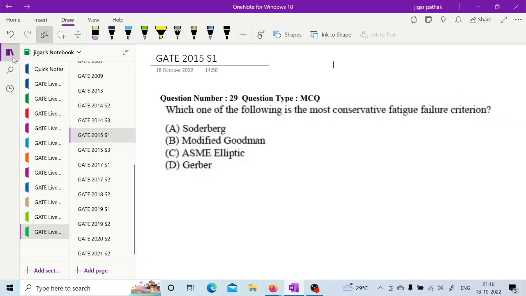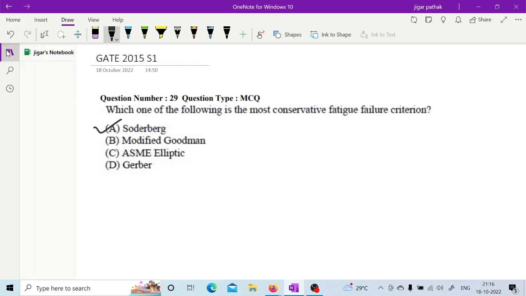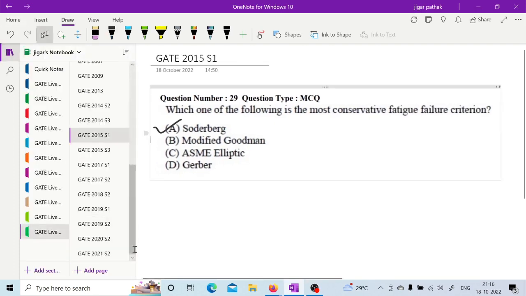Next is, which one of the following is most conservative? Just now I have told you, right? A, sir. Soderberg. Okay. So now next is,